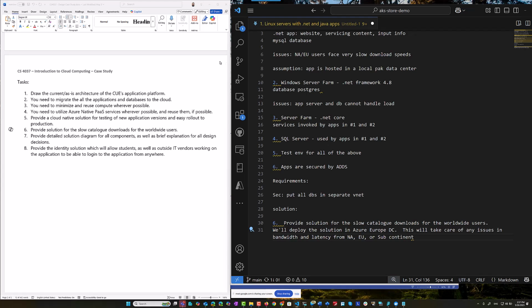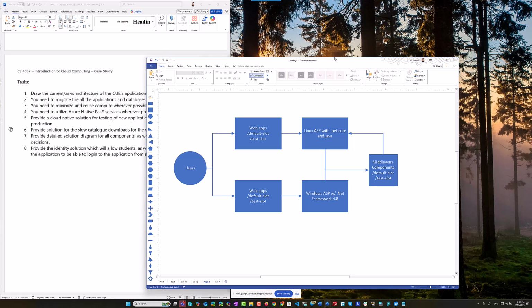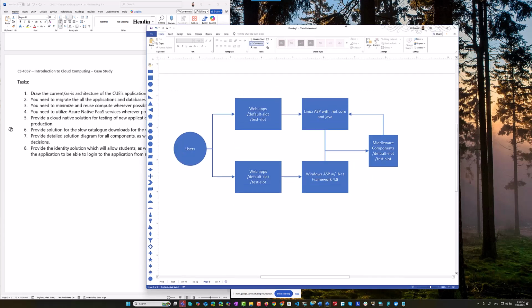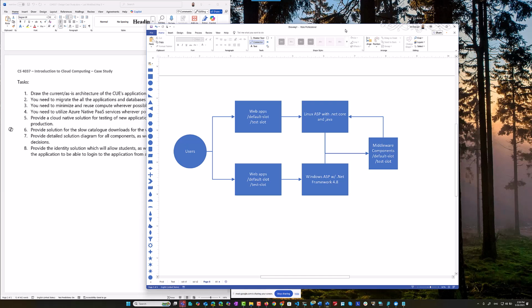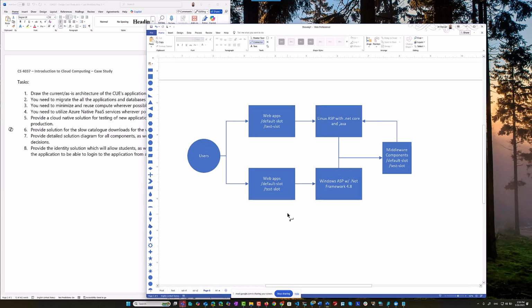Another thing you can say, if you want to put a solution and you want to say, I want to deploy this in Pakistan. Let's say Azure has a data center in Pakistan, right? But let's say what we want to do is put this close to users wherever they are. Then what we want to do is, for example,